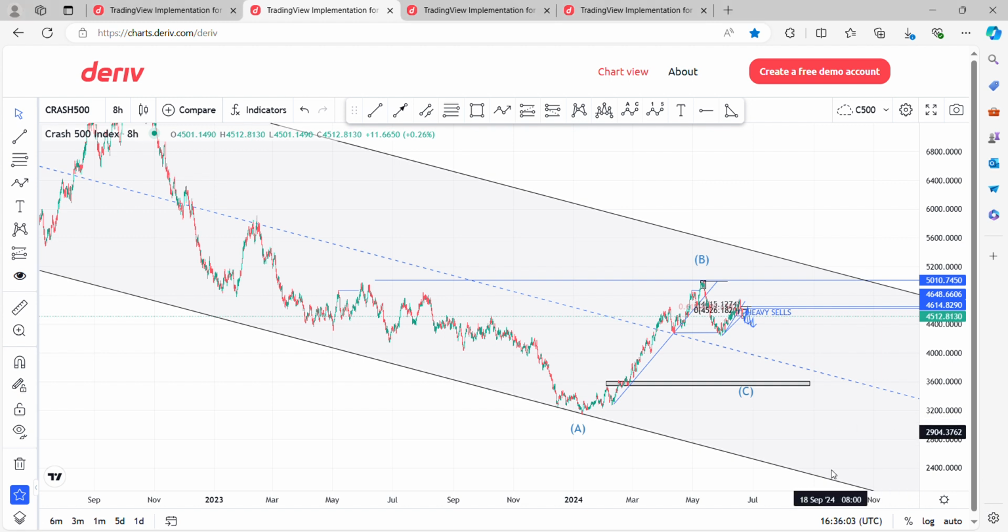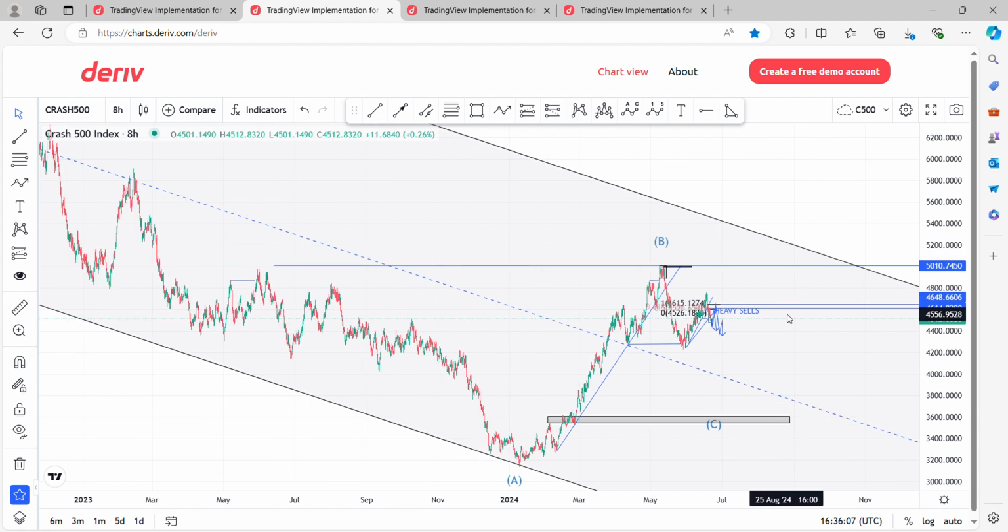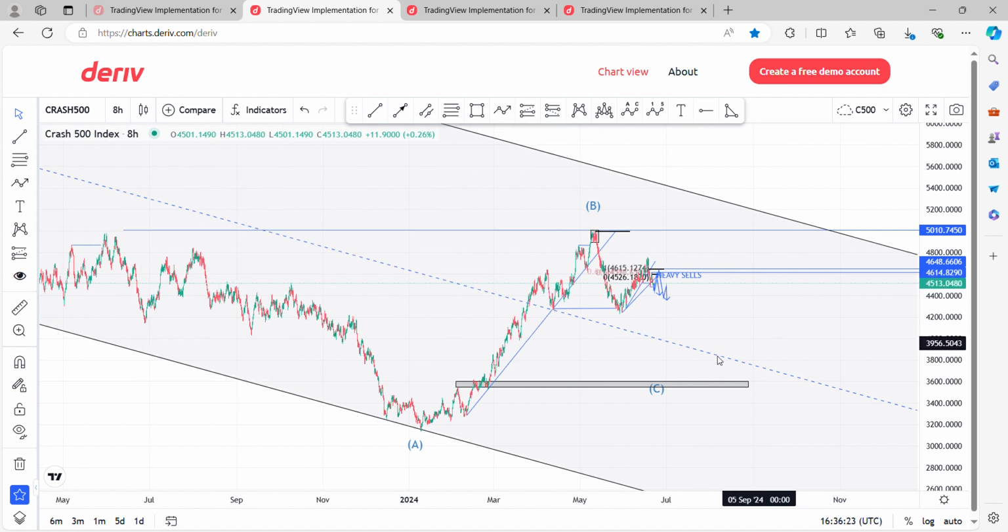Right? So now do you see this? We are having a change of trend on the higher time frame. So what I want us to have is that we already have our first correction. This is a correction wave. We are currently in a correction wave. Firstly, this is it here.